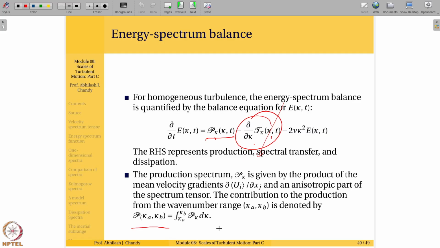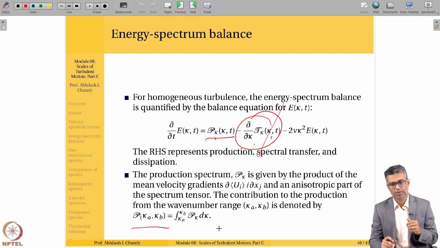Hello everyone. So let's finish up this module on scales of turbulent motion. We were discussing the energy spectrum balance in the last class and we couldn't finish it up. So let's complete the analysis here. Again, just to cover what we were talking about towards the end of last class, this is the